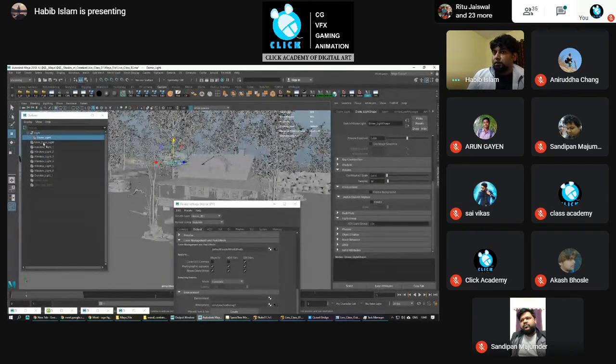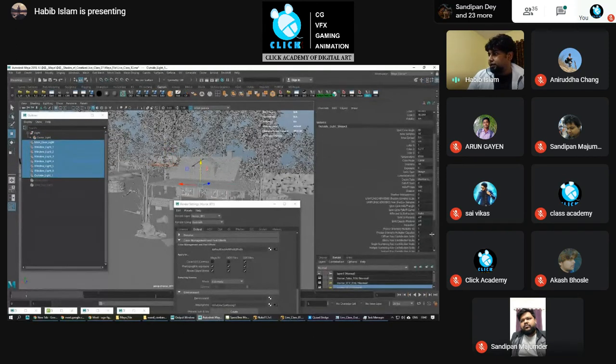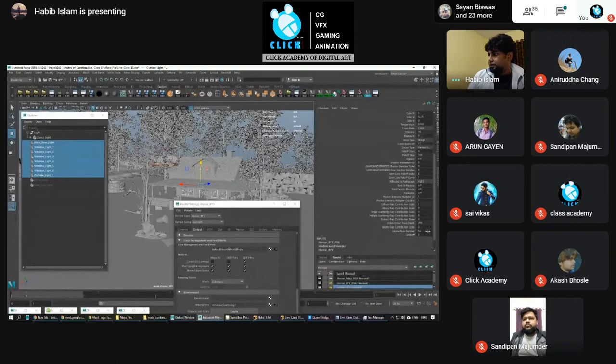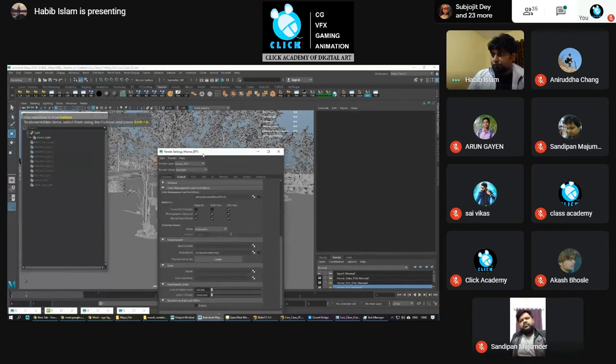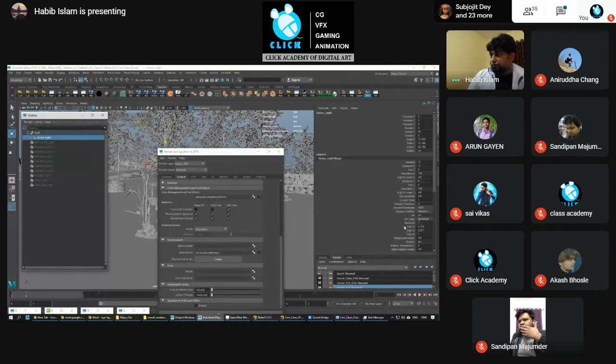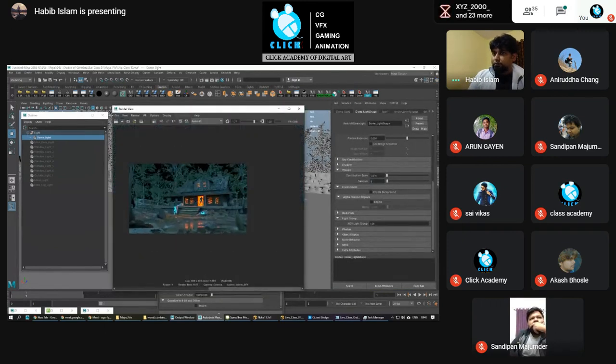Okay. So for the other lights, currently I'll be switching off the fog scattering, setting it to 0. So this is just the dome light. Then hit render.